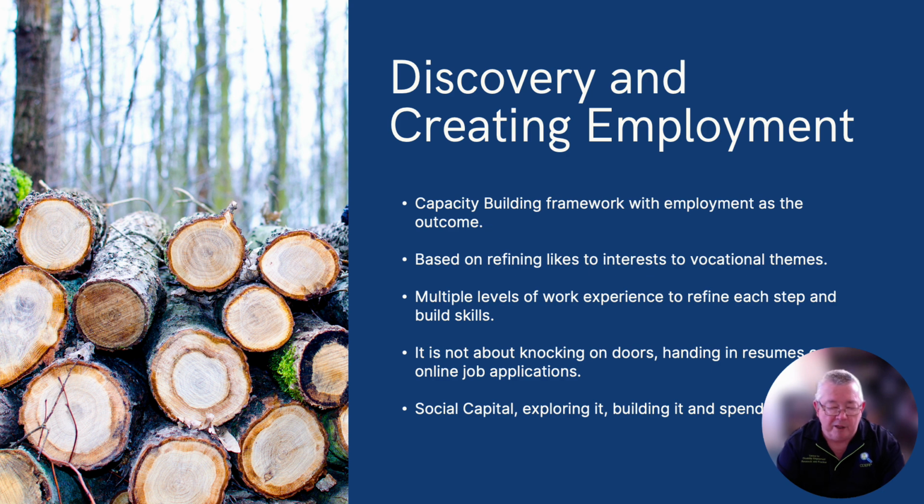If you have a family that wants to know how many resumes and how many employers you're going to go and see and hand out this week, you should have a good conversation with them, because this is not a numbers game. In the sense that, yes, you talk to employers, but it's not a percentage game. It's not about sending out 100 resumes and knocking on 100 employer doors, because guess what? Every other type of service provision and every other service provider is doing the same thing. So you're up against 500, 600, 700 potential other people that want that one job. You're not going to get it by banging on